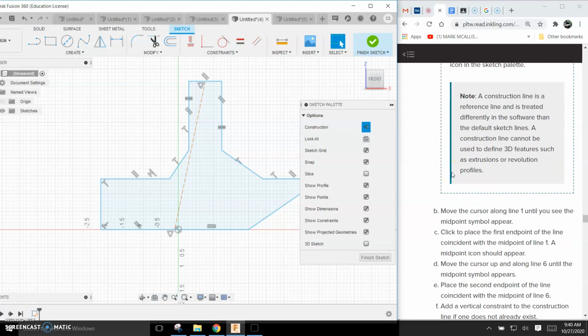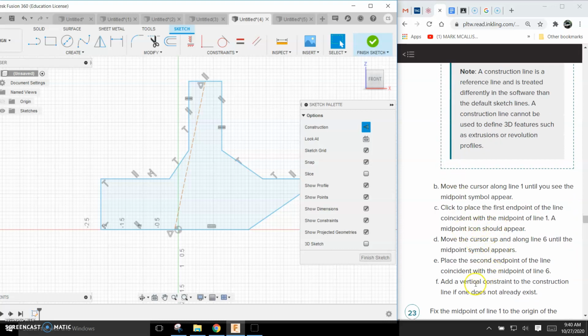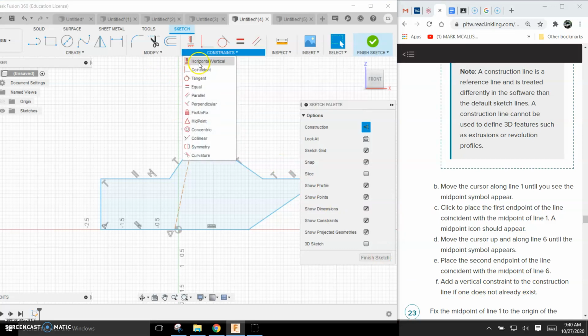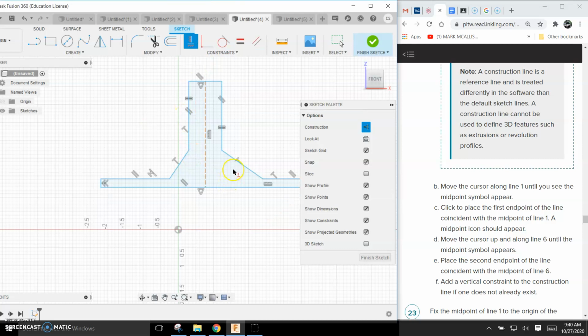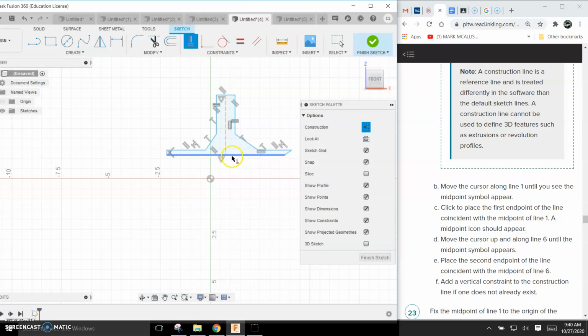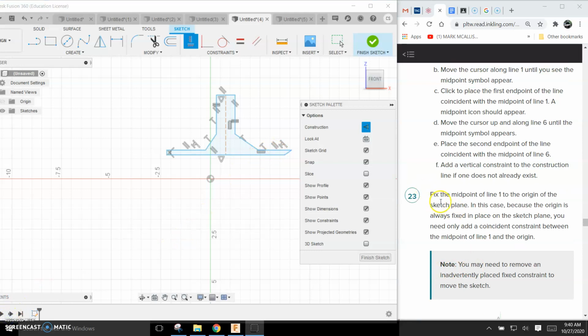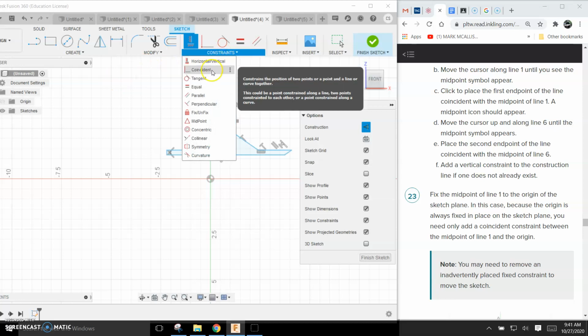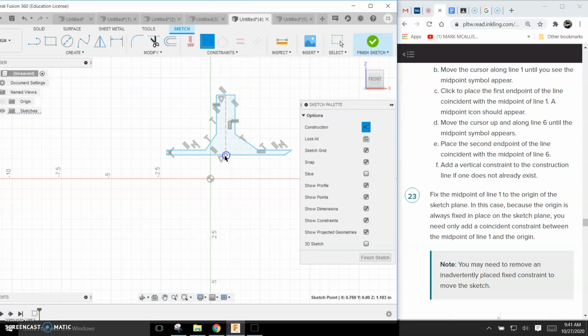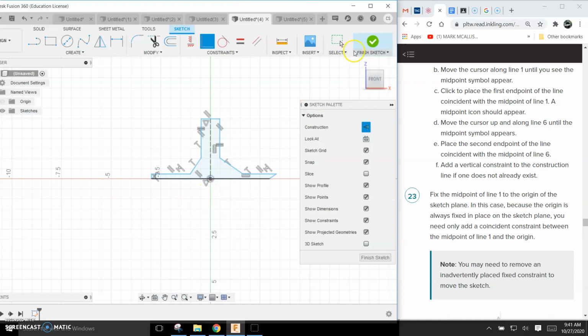Now I'm going to, let's see, I think I did this. That's great. Now I'm going to add a vertical constraint to the construction line. So come over here, horizontal, vertical, click that, and boom. So now all of a sudden I know that the midline of this and the midline of this, so this line is always going to be centered over that line, which is a very helpful thing. Procedural step number 23 has me fix the midpoint of line 1 to the origin. So that's fine. I can do that using a coincident constraint. Coincident, that point, and that point. And hit